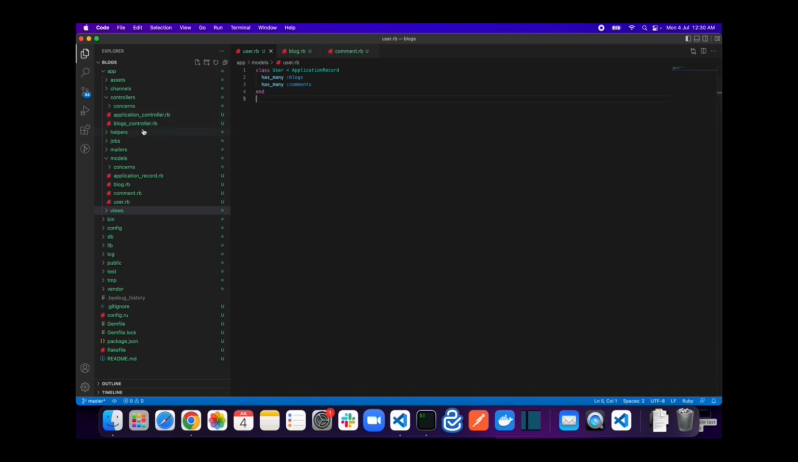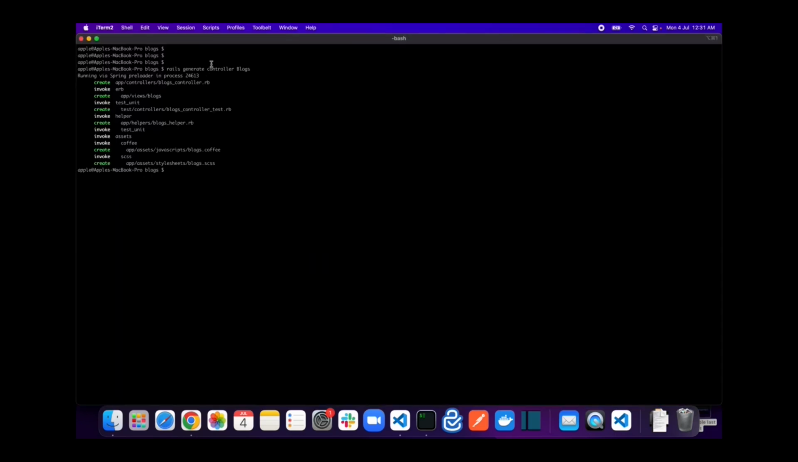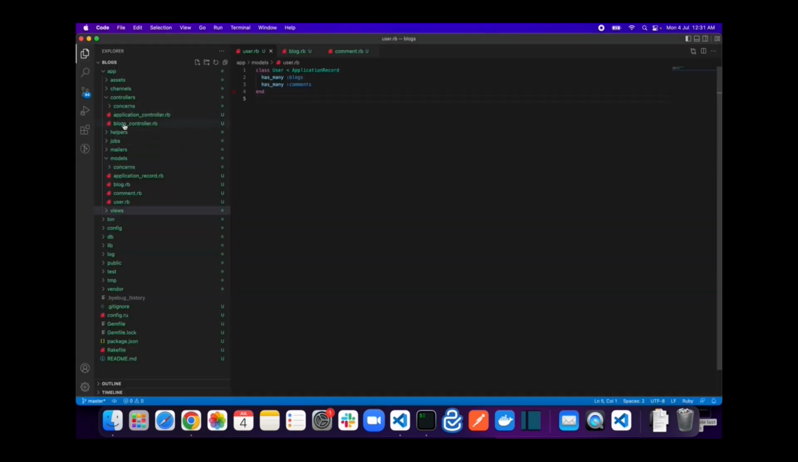So the blogs controller was created inside the controllers folder, and notice that we have provided the name as blogs only, but the file name is created as blogs_controller. So basically this part will be appended by Rails. So whatever name you provide here, the _controller will be appended to it. Sorry, appended. So if we go to this blogs controller, we can see that the blogs controller is a class